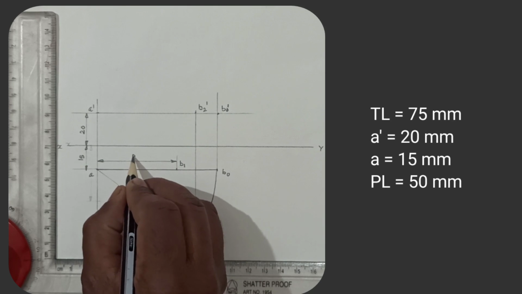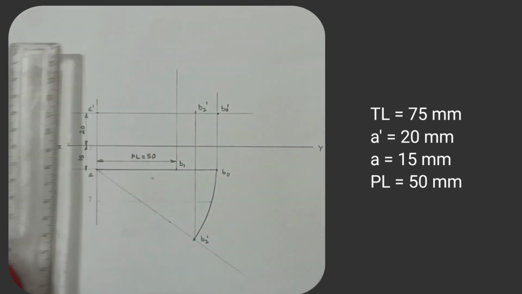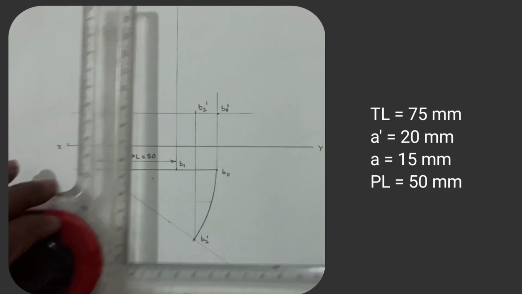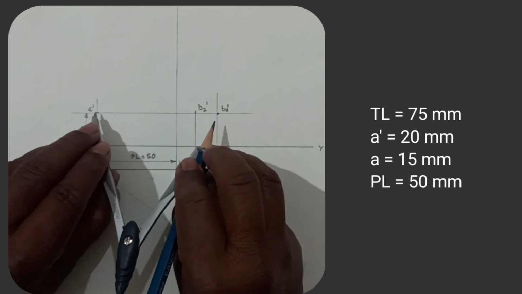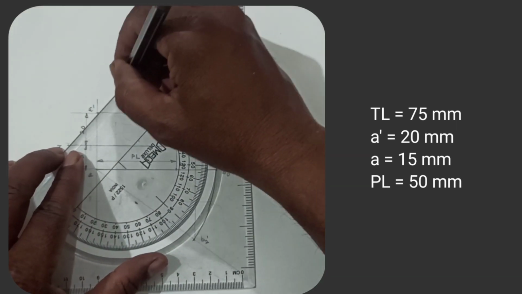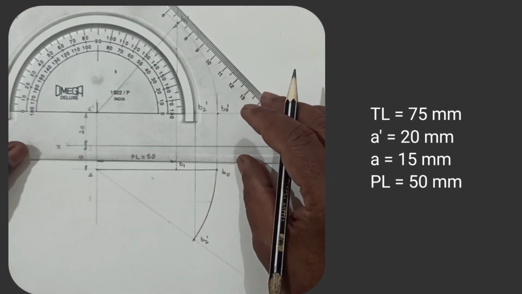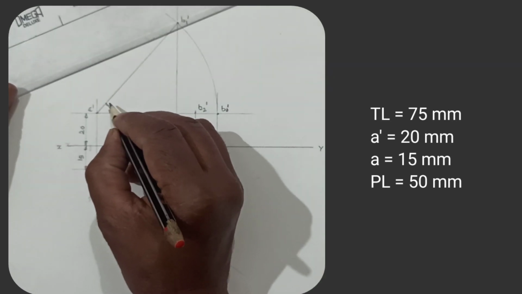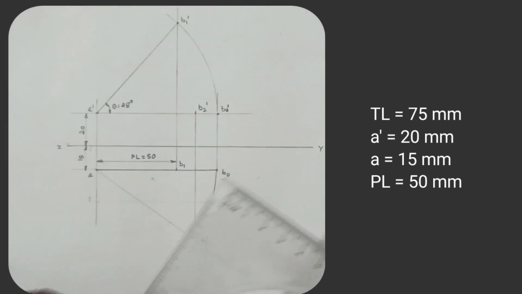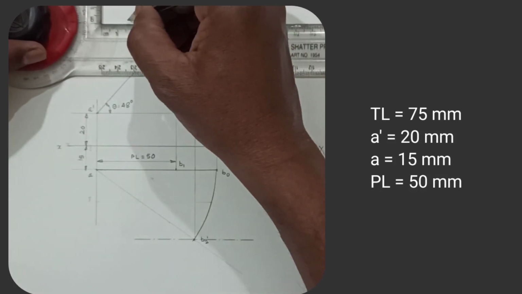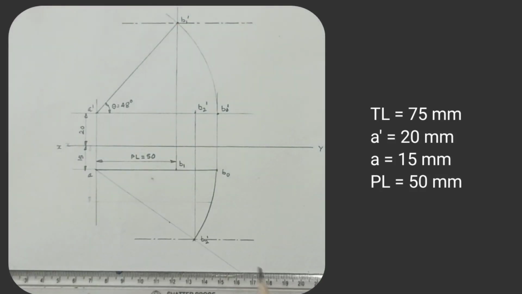Now from the given data, the plan length is 50 millimeter. So in top view, that is on A B0, mark the distance of 50 millimeter, which will indicate the plan length. Now through this plan length, draw a vertical line in front view, and in front view shift this true length, and this will get the intersection point. Join these 2 points, and this line gives a front view by assuming that the line is parallel to VP and inclined to HP.